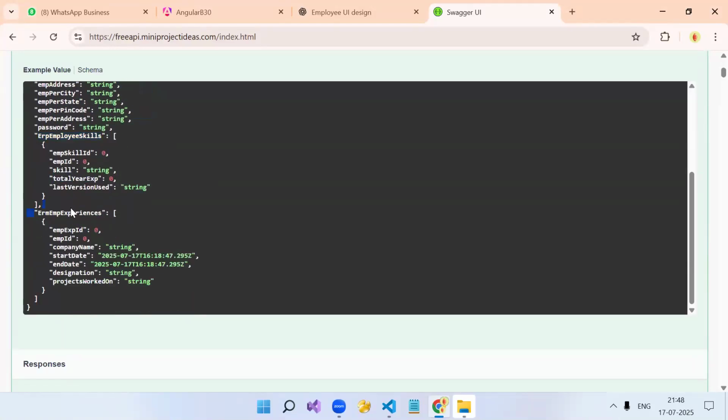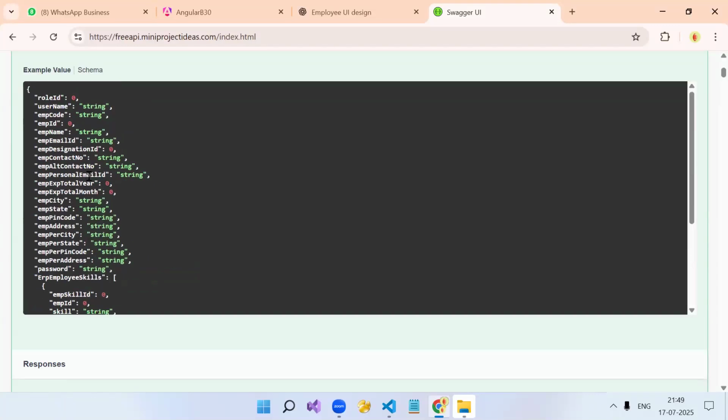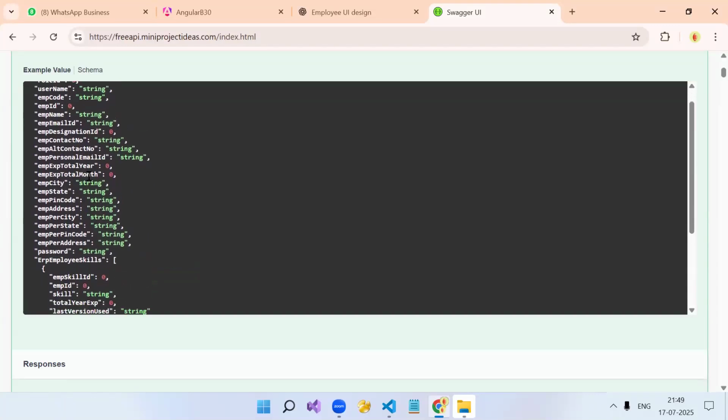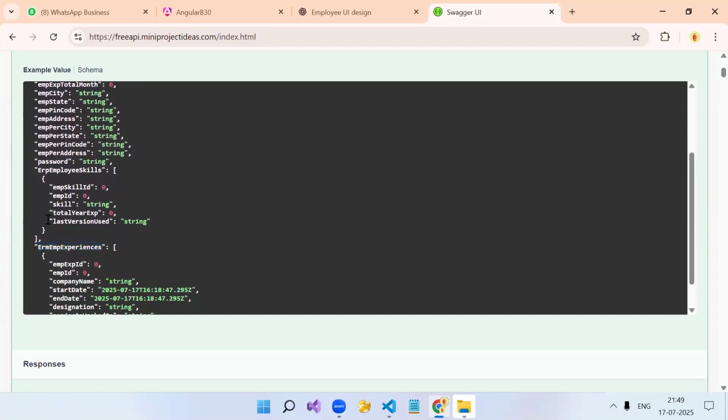Just like that, experience also we have an array of objects. So here multiple details will be added, and reactive form we can use very properly over here. Got it? Whenever your API object is like this, something is single and in one property you need an array of objects, obviously you have to go for a reactive form array. That is a one-to-many relationship. Clear?